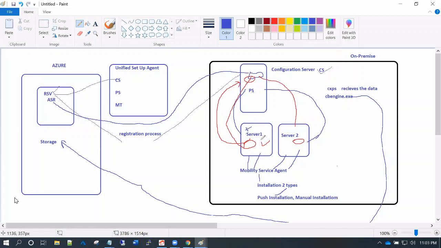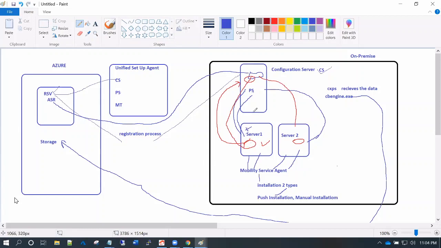Most of the times you will see push installation fail because of permission or network issues. Since it has to copy the data remotely, a few ports have to be open, right? If those ports are not open, you might see push installation fail. In such scenarios, we go to the manual installation process.